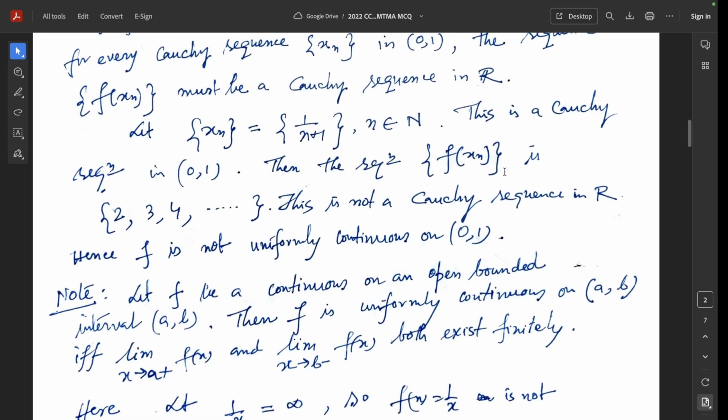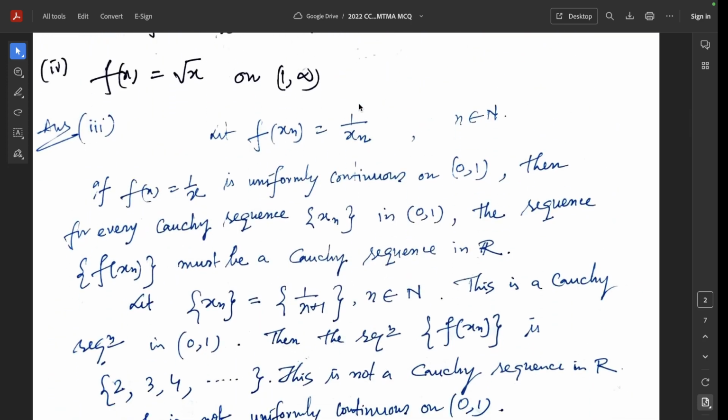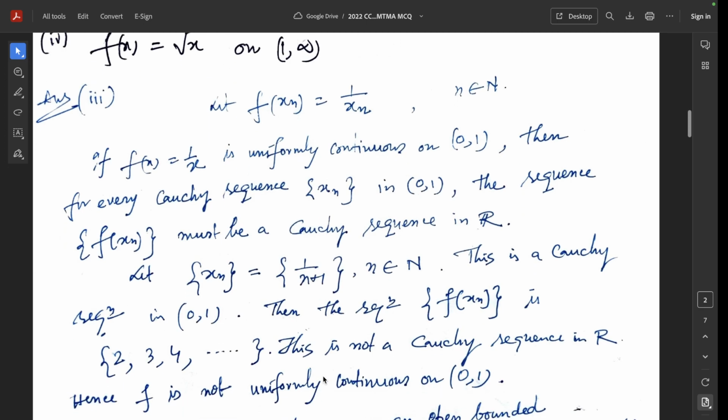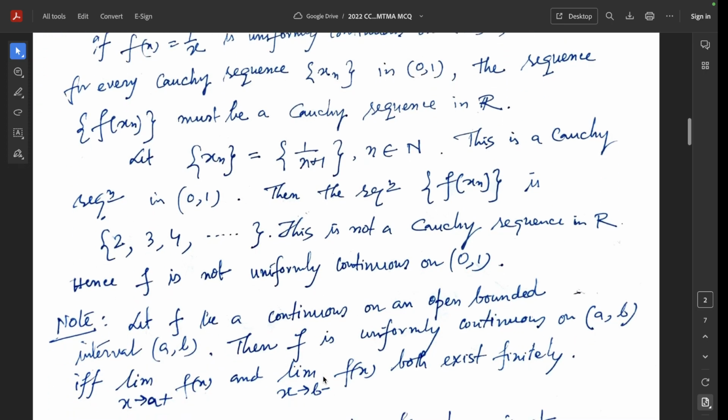Then for n equal to 1, f(x_n) is 1 by x_n, which is 2, and for n equal to 2, we get f(x_n) is 3, and so on. This is not a Cauchy sequence in the real numbers R,